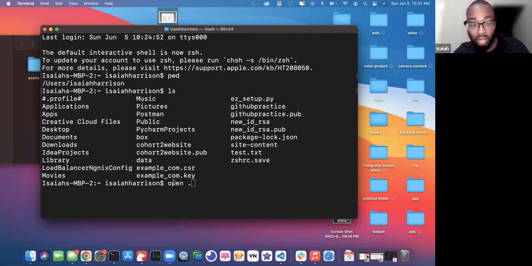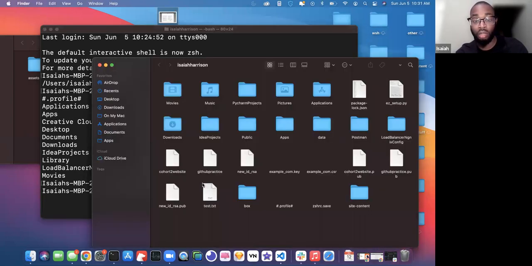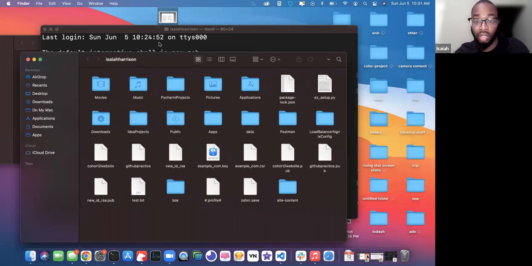This open command opens up whatever location you give it as the second parameter. So we have the first thing that's open, then a space and then a dot. Dot literally means the same folder. So we're opening the folder that we're currently in, which is the Isaiah Harrison folder. If I press enter, it's going to open up the folder,